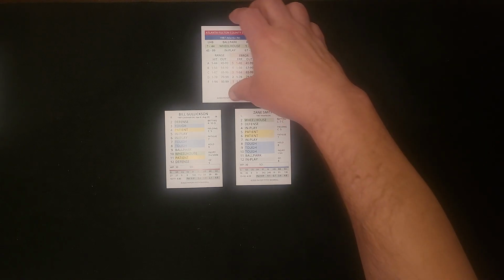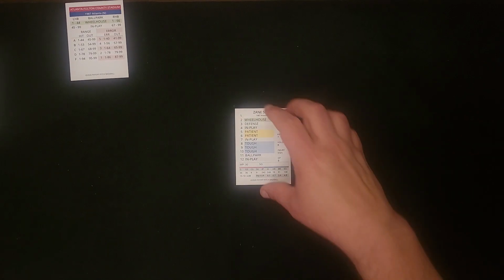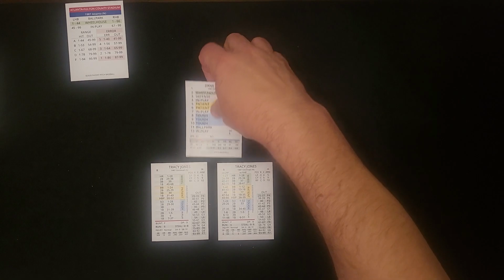So I'll show you what we mean. We'll move the Fulton County Stadium card over here a little bit. Starting pitcher for today's game, Zane Smith for the Braves and Bill Gullickson for the Reds. We'll move Gullickson out of the way temporarily. Get Zane Smith over here, and he's going to be facing two different leadoff batters. Tracy Jones, the splits, and Tracy Jones, the overall,